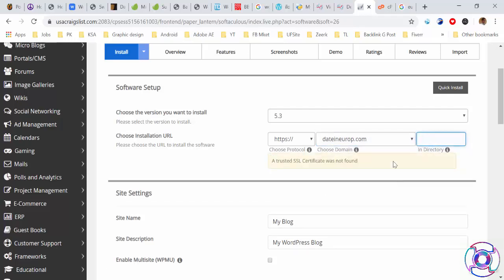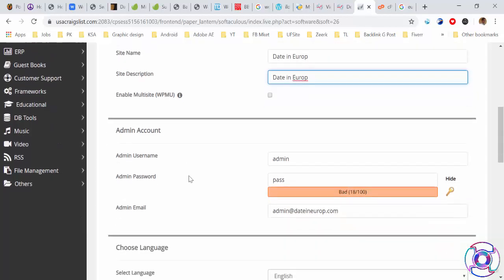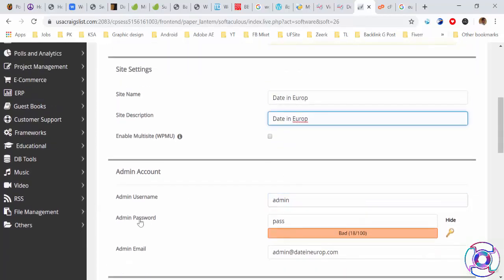Then my blog, click here, your site name, dateineurope. Here you need to add a description for your site, dateineurope. If you want to add the admin username and password, I'm going to add admin as